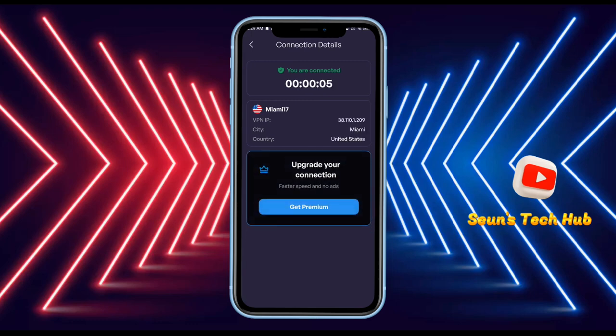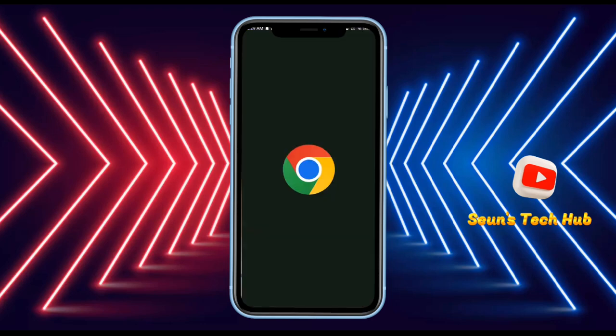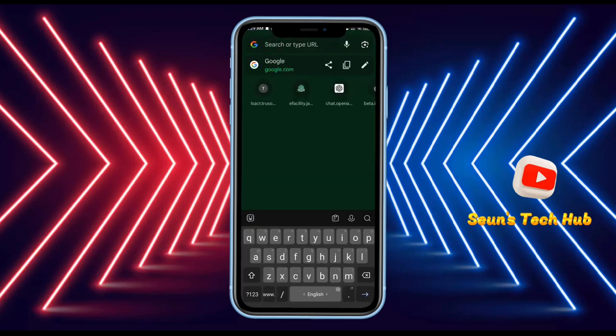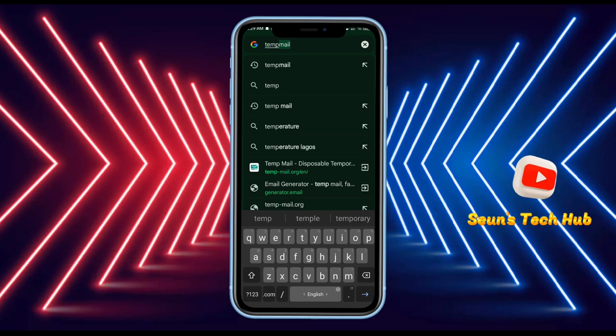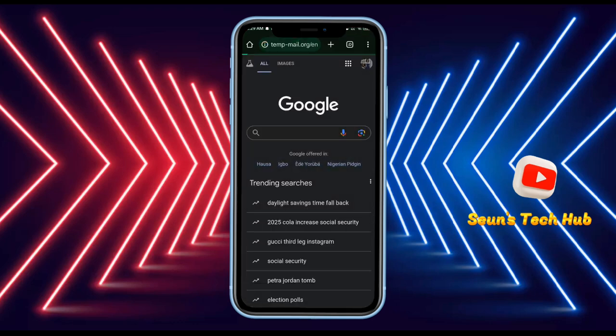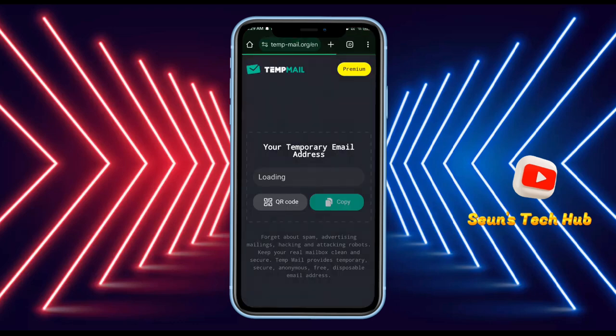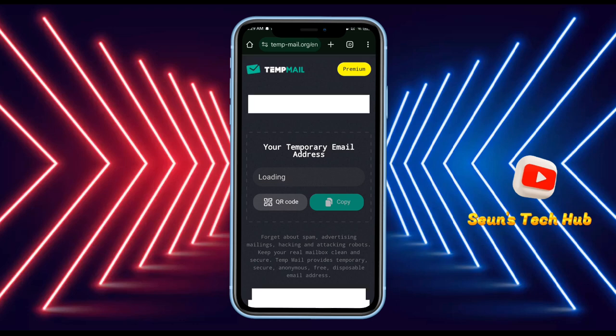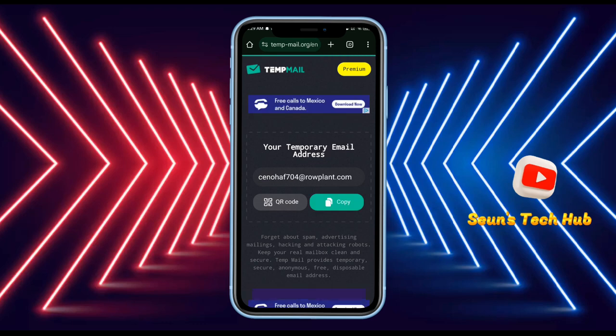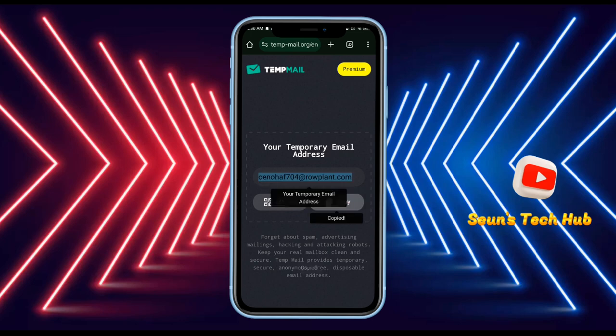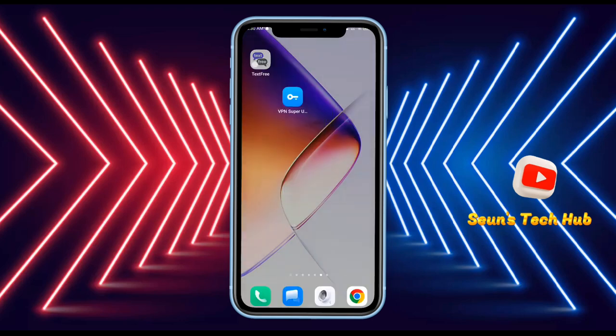So all you just have to do is to go back to your Chrome and go to temp mail in order for you to get a mail you can use to create an account on TextFree. Alright guys, so once the email has been generated to you, you just have to click on the copy option there. Okay, it's generating one. Right, so just copy the one generated, then you go to the TextFree application,